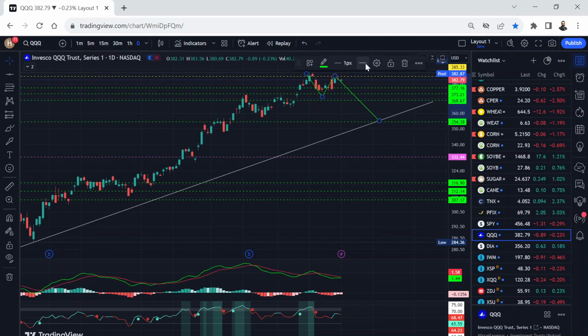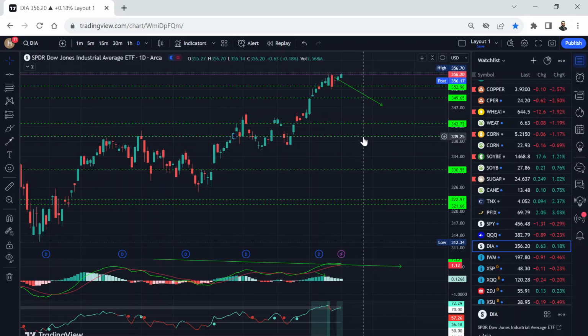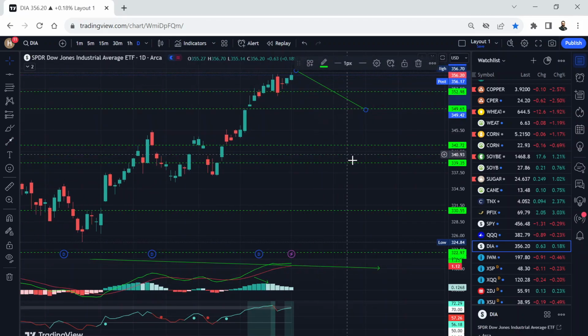So let me adjust this. This could be a double bottom, double top, sorry. And now I have to adjust the arrow. So this arrow, I think it's going to the trend line at minimum. Dow Jones, another green line, but again, looking